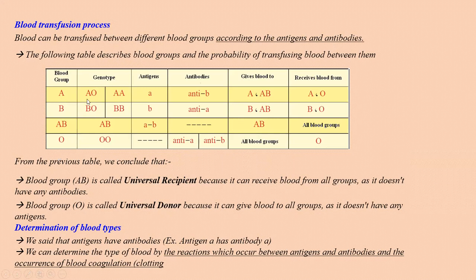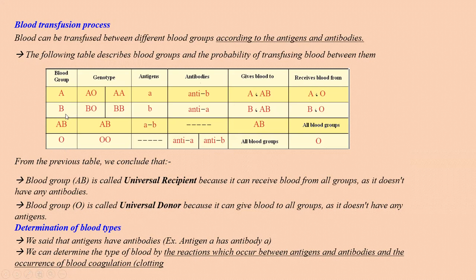الجينوتايبس بتاعتهم بتاعت ال A أقدر أكتبها بال AO أو AA. عندي الأنتيجين بتاعي A بس الأنتي بودي بتاعه أنتي B. طب ده يقدر يدي مين يا ترى ويقدر ياخد من مين؟ gives مين و receives from مين؟ هو عنده انتي بي، يبقى يقدر يدي نفسه اوكي ويقدر يدي الاي بي. تمام، while يريسيف من مين؟ يريسيف برضو من نفسه ويريسيف من الاو لان الاو ما عندهوش انتيجنز. اوكي